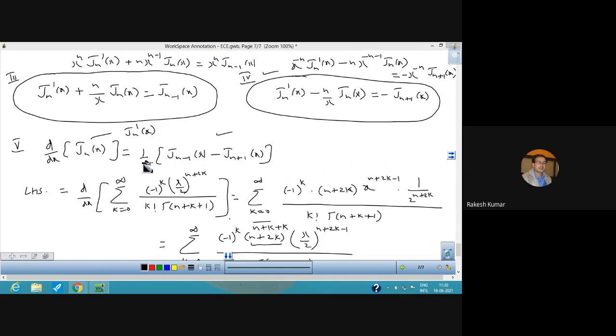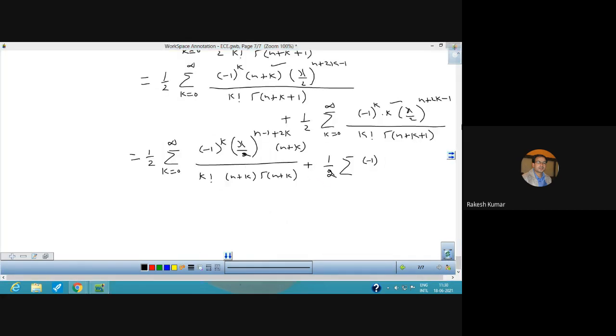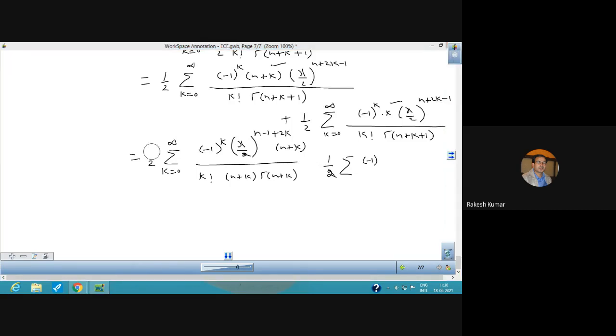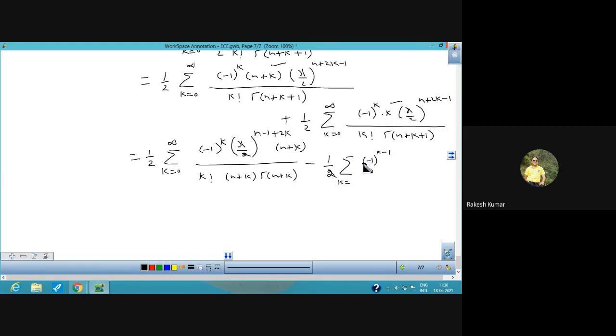1 by 2 is there, it is okay. Now we require negative sign and we shall have n plus 1 here. So for making it a negative, you just use this term as a negative, and we can adjust this negative sign. Now adjust the negative sign here. So that will be k minus 1. Because of this negative and this negative, you will ultimately get positive value.